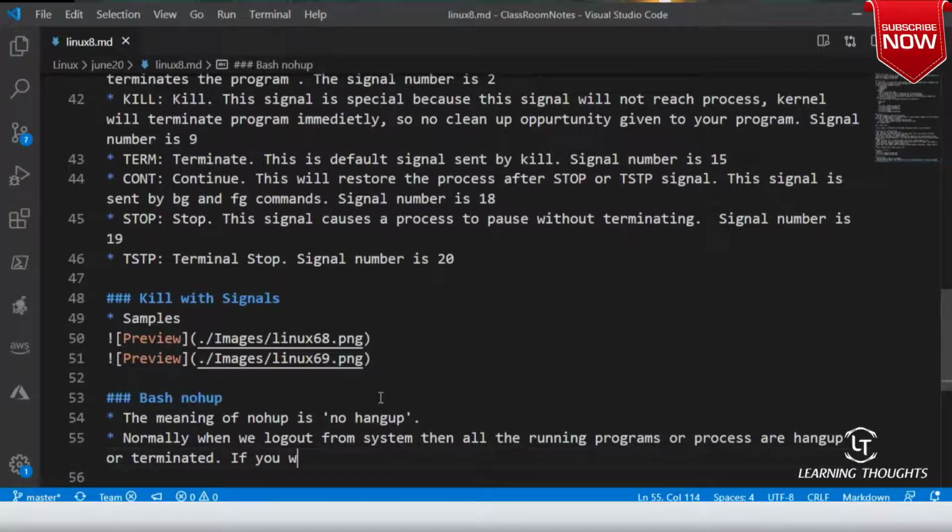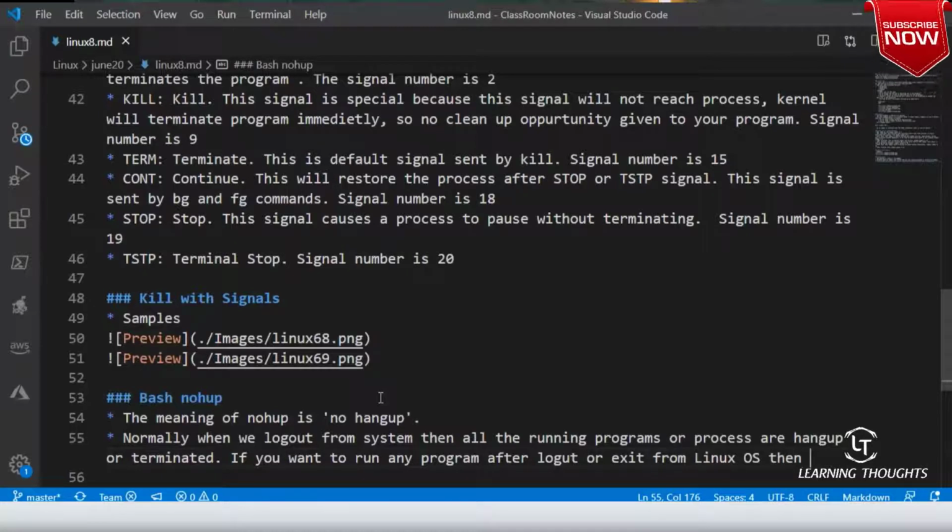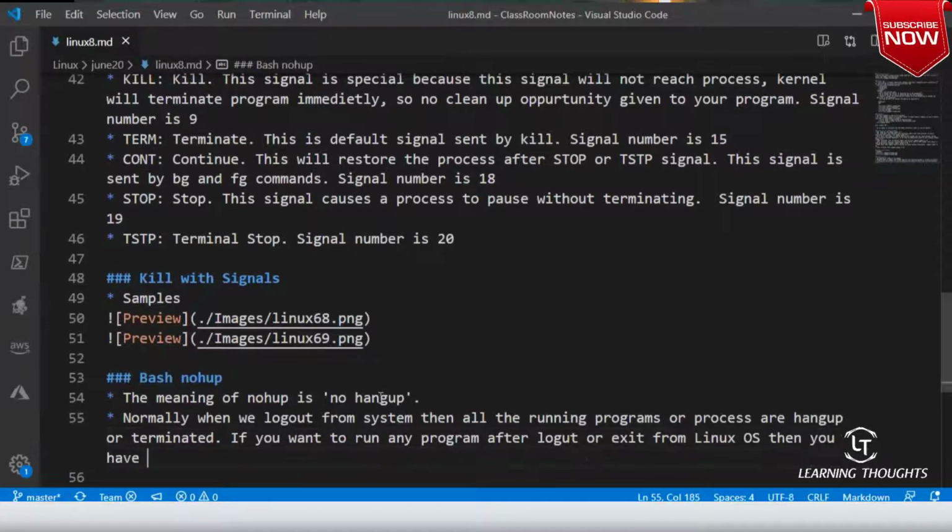If you want to run any program after logout, or even after exit from the Linux operating system, then you have to use this nohup command.